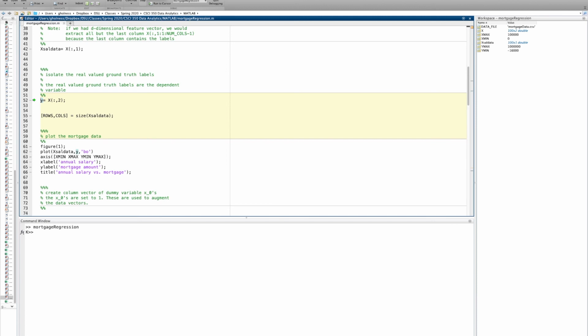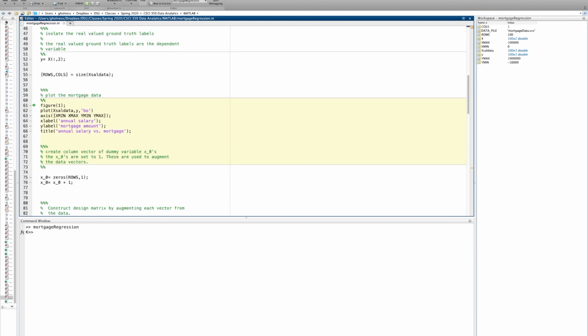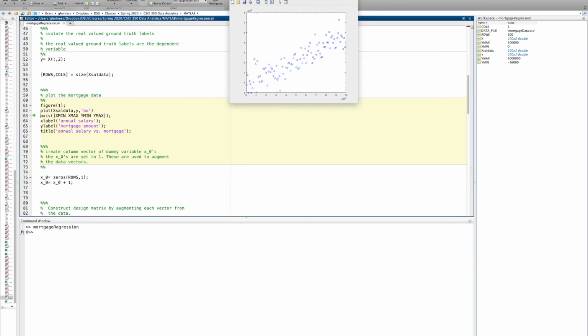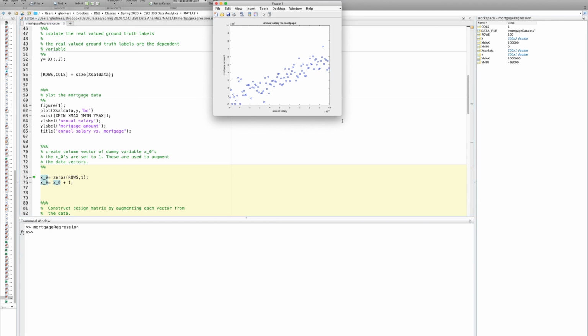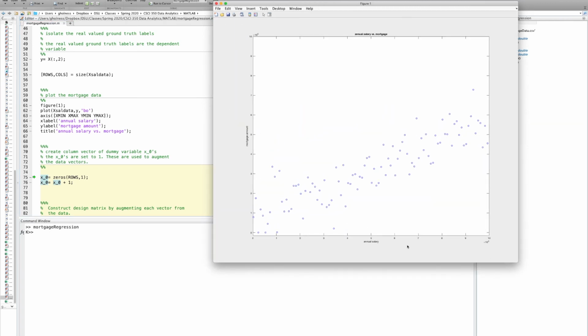So then let's continue on. We measure the size, and then for good measure, we'll plot out what this looks like for our input data, historical records. So we'll give it some labels, and let's blow up this figure. If we take a look at it, we'll see along the horizontal axis, we have annual salary, and it goes from 0 up to 100,000. And here on the vertical axis, we have the mortgage amount that was lent, and it goes from 250 to as high as, it looks like,